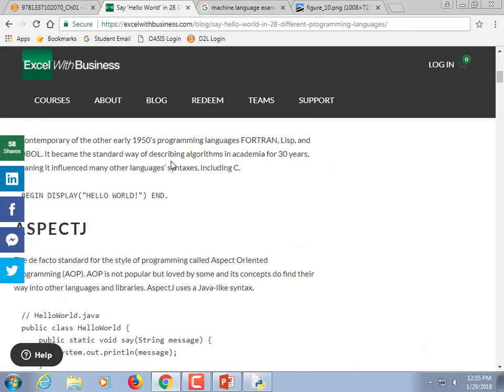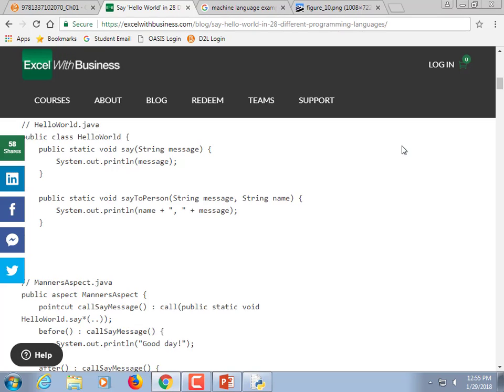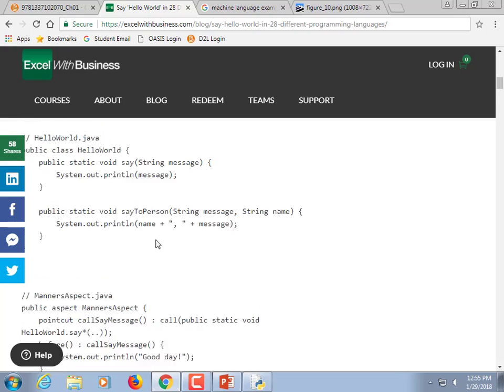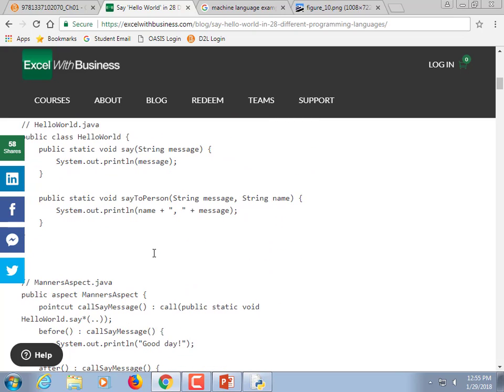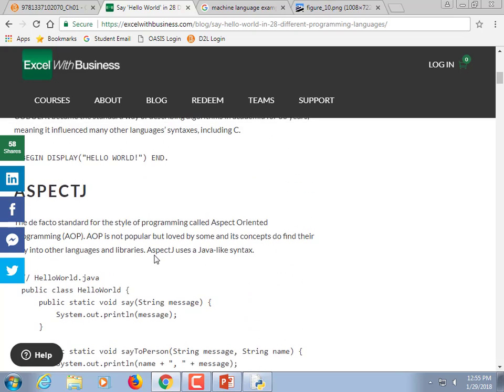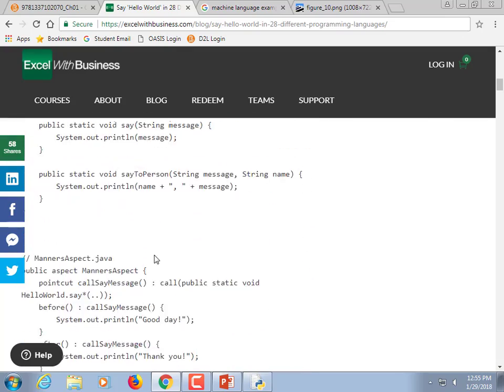Typically, the first day in a class, you come in and you write a program that says hello world. I didn't do that, but surely you will in another one. So here's how to say hello world if you are learning how to program in